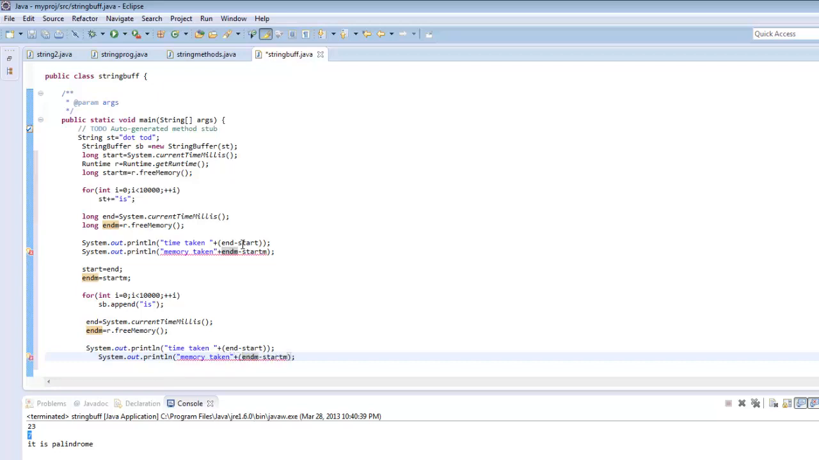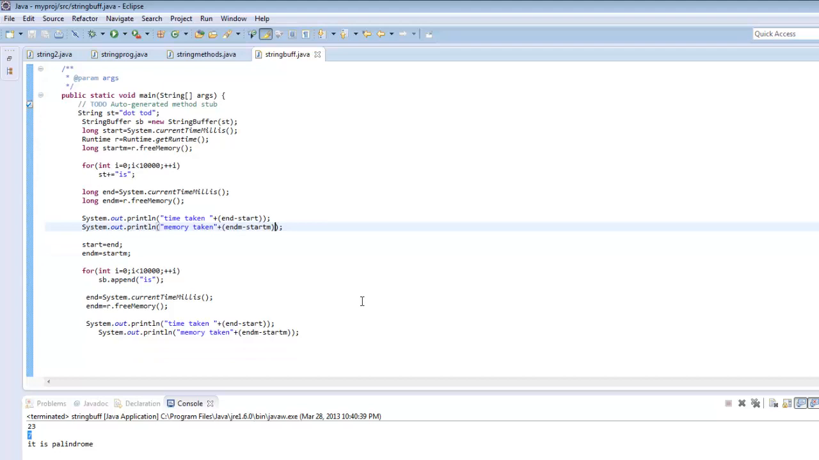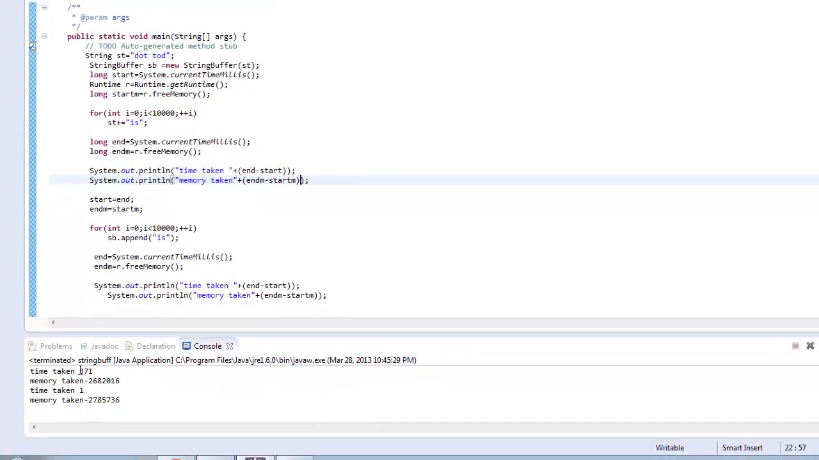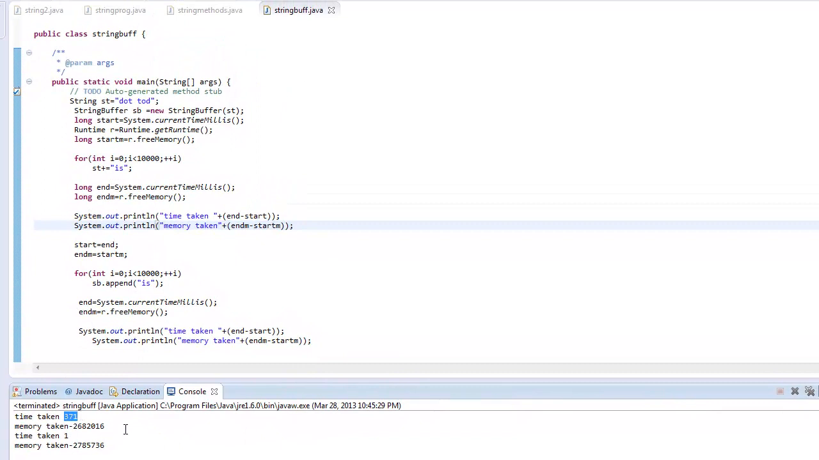So this gives us a rough idea of how exactly this system works for string buffer and for the string concatenation operator. So just run this program and see what values we get. Just see, it has taken 371 milliseconds in this case, whereas it has hardly taken 1 millisecond to run for a string buffer. And this is the memory taken in case of